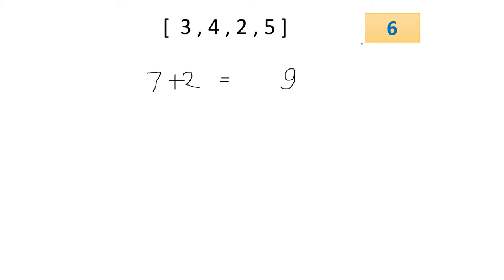That's why we check from 0, whether 0 we can form out of it or not, then we check whether 1 we can form out of this 3, 4, 2, 5 or not, then 2, then 3, then 4, then 5, then 6. Then in this journey, the previous results will help me to check if we can form 6 or not out of these 4 numbers, 3, 4, 2, 5. So this is the beauty of dynamic programming.